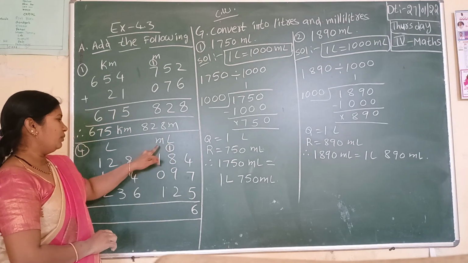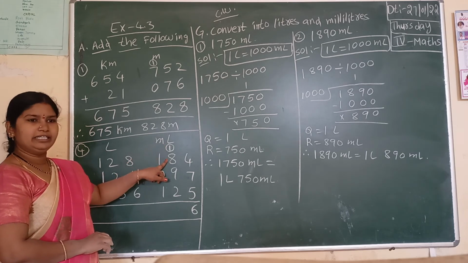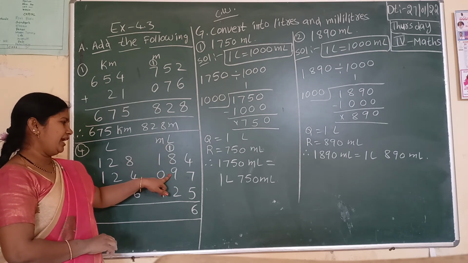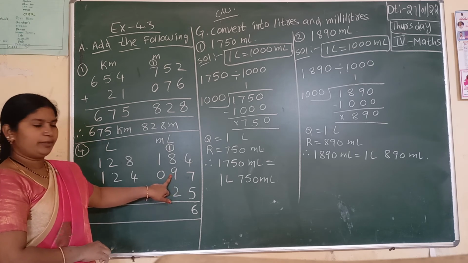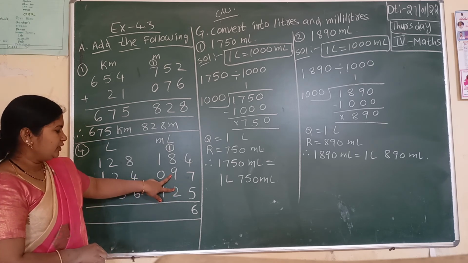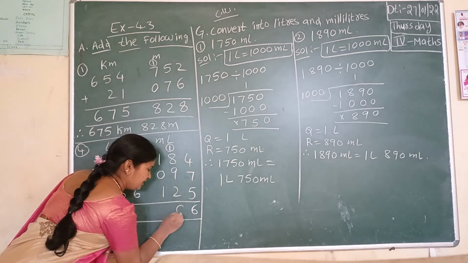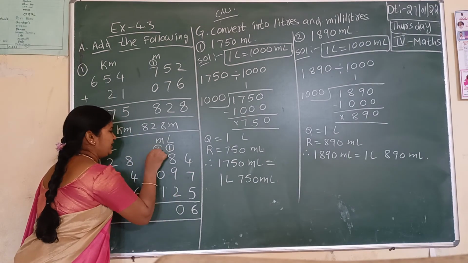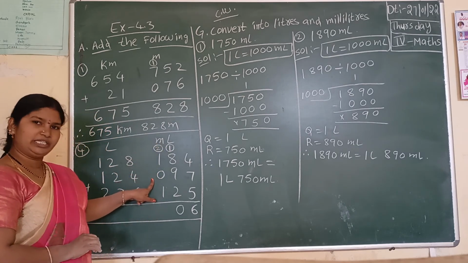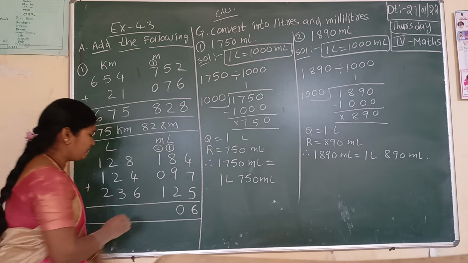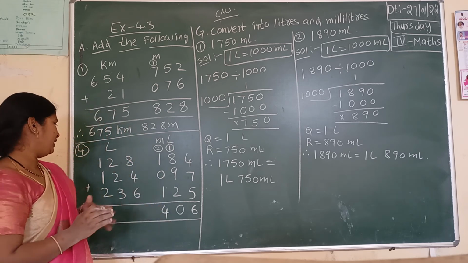Okay. Now go for the tens place addition. 1 plus 8, 9. 9 plus 9, 18. Okay. 18 plus 2, 19, 20. 20 means 0 here, 2 at the next place, regrouping. 2 plus 1, 3. 3 plus 0, 3 only. Again 3 plus 1, 4. Like this you have to add separately.